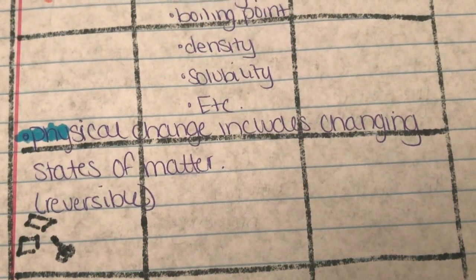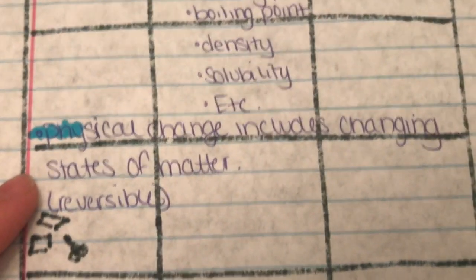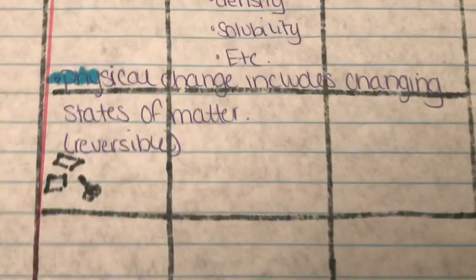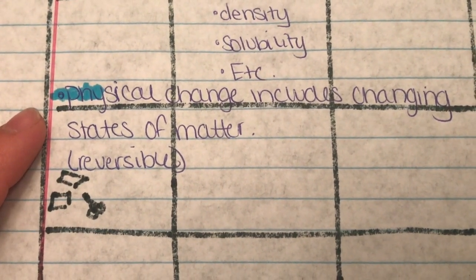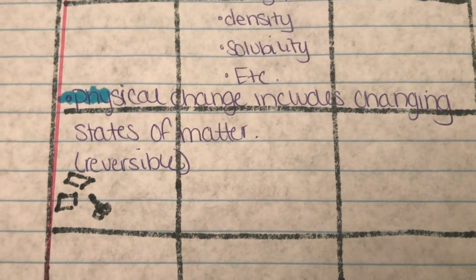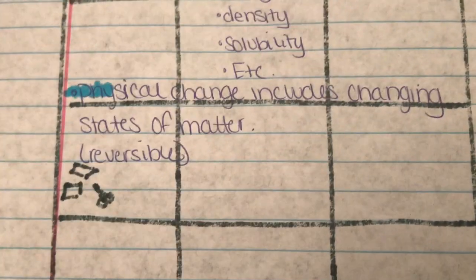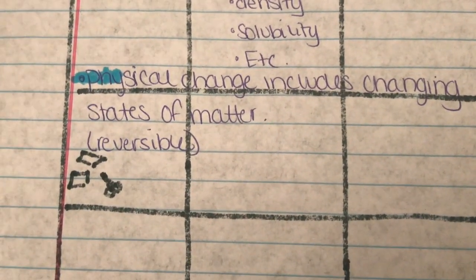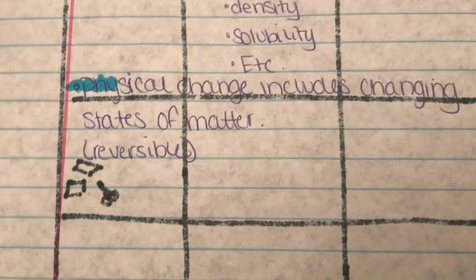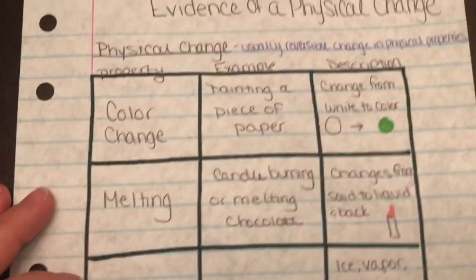So physical change includes that state of matter, and it is something that's reversible. This is kind of like the key, most important thing that I would want you to take away from these notes, and that's why I added it in at the very end. So physical change includes changing those states of matter, solid, liquid, and gas, because it is reversible. I can go back and forth from a solid to a liquid to a gas, a liquid to a solid, things like that. So since we know about a physical change,